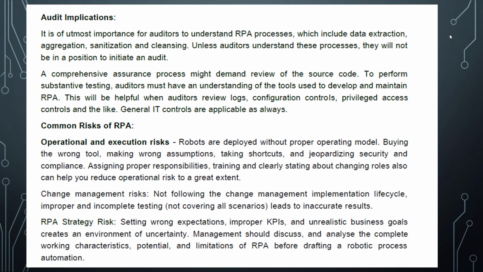So the common risk, the shortcut for common risk of RPA is very simple. That is ROC. R is for RPA strategic risk, O is for operational execution risk, and C is for change management risk. What are the audit implications is, so the RPA process includes data extractions, because without data you can't do anything,